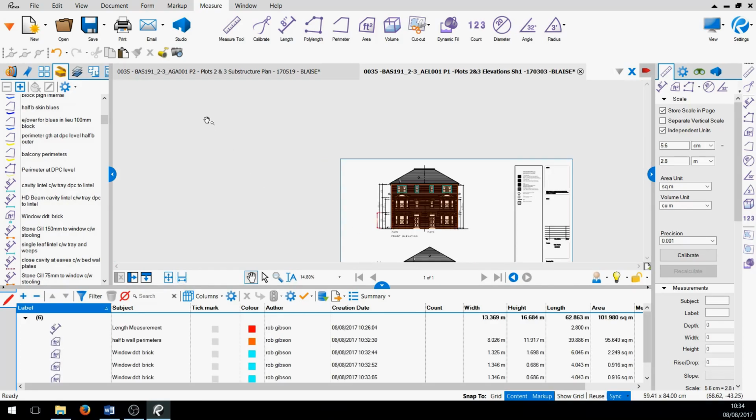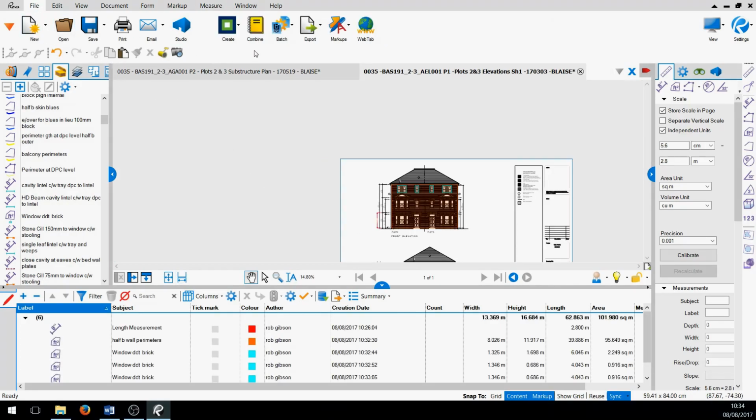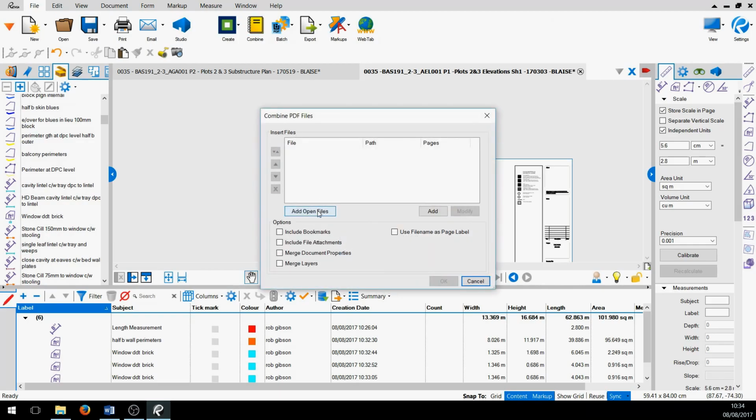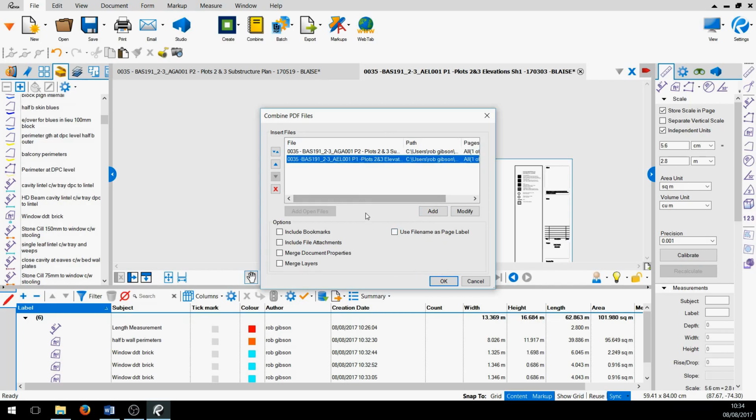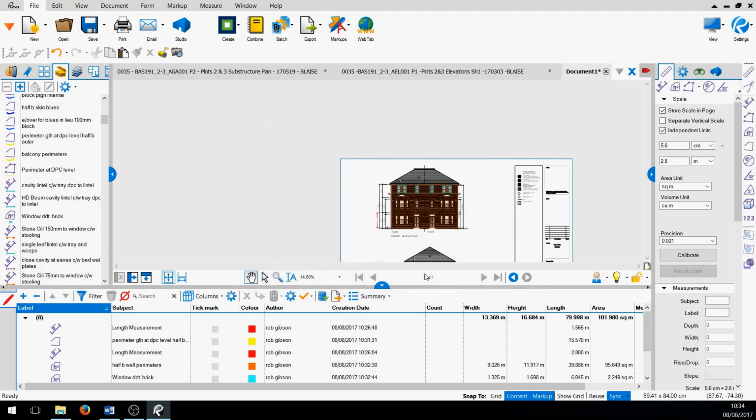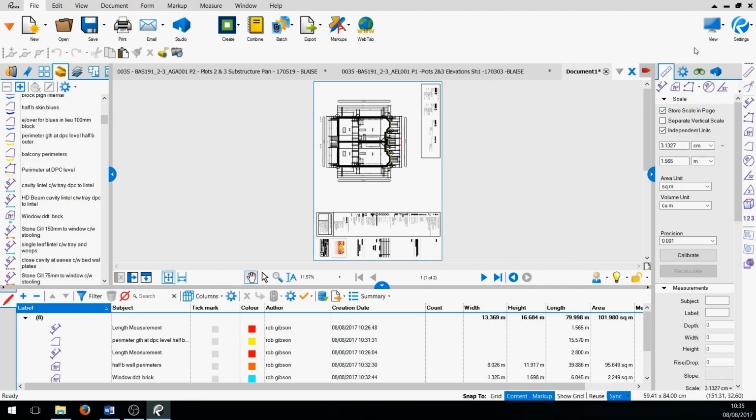How we do that is we go up to File and we click on the Combine icon. We add the open files only, that's all we need, and it will give you the file names there. They should match the drawing numbers, so they do. Nothing else is open, so it's just those two that are going to be added. Okay, and if you notice, it kicked us out into a third tab,